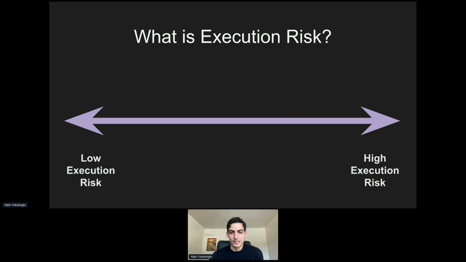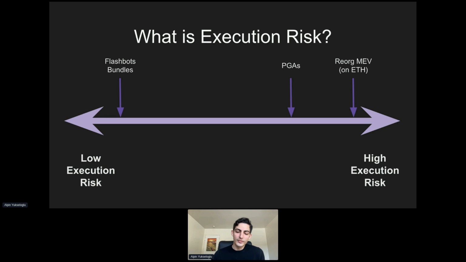I would say, for example, we can throw priority gas auctions somewhere along the high execution risk end of the axis. You really need to spam. There's a good chance that your transactions will fail. Flashbots bundles, of course, have pushed execution risk down for the types of transactions that they support. And then a great example of bad MEV being mitigated is reorg MEV on Ethereum, on ETH1, where